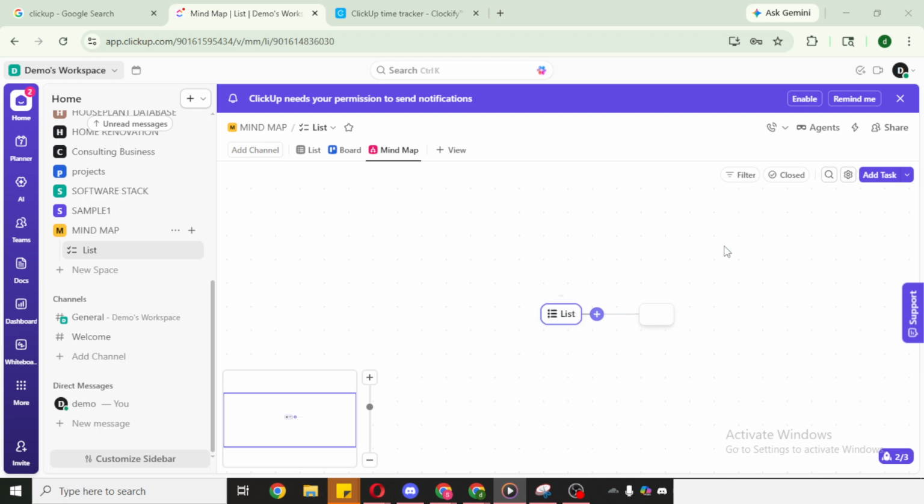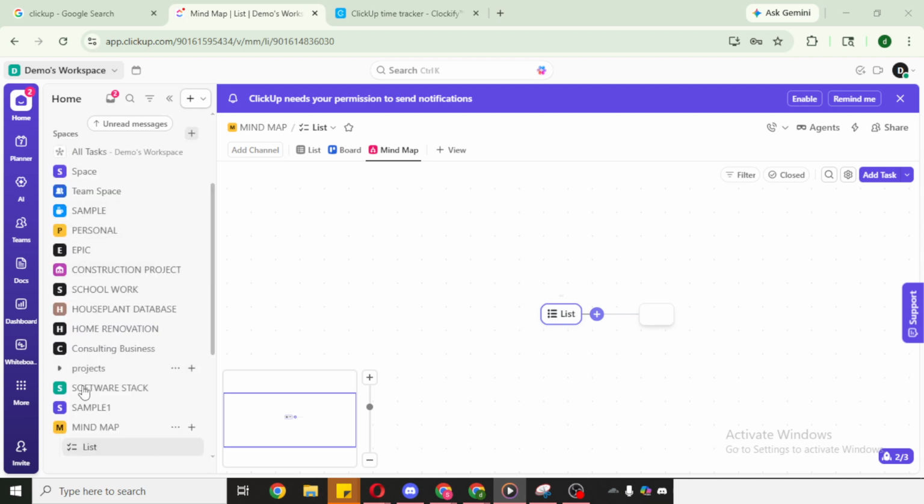Next, click into the specific space where you'll be organizing your work. In ClickUp, a space is a top-level area for a department, project category, or team. Choose the space that makes sense for your tasks and open it so you can build the view right where it belongs. Now, look toward the top of the screen for the Views bar and click Add View.